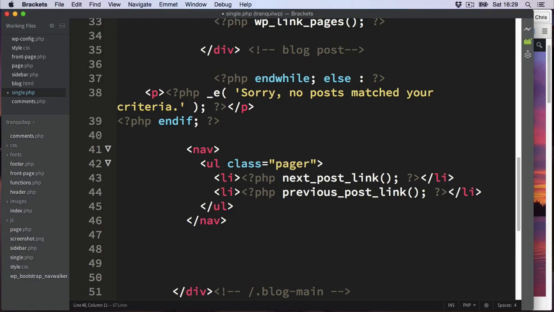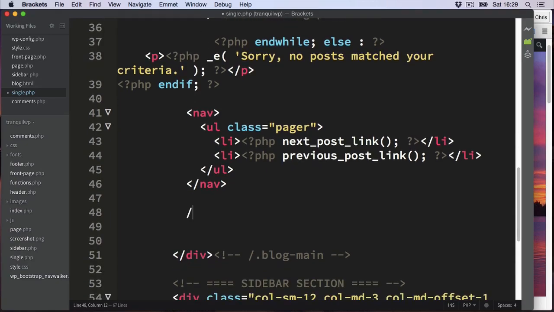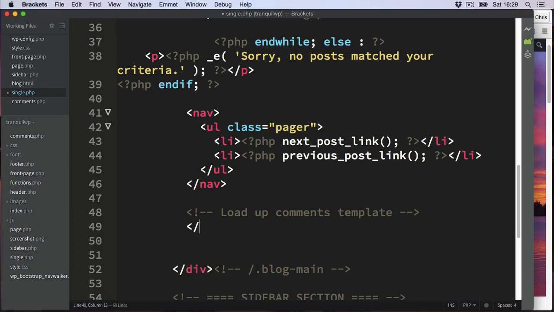So let's put this just below the pager, and I'm going to add a comment just in here, and this comment I'm going to say load up the comments template, and then after that open up the PHP tags, and then use the comments template function,